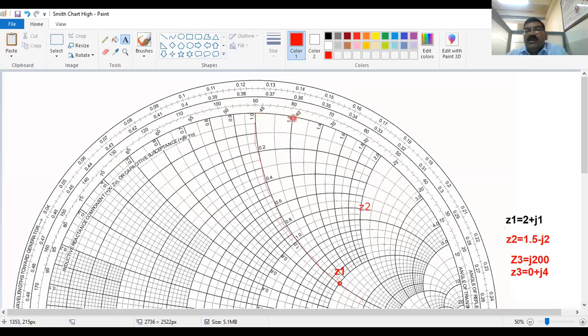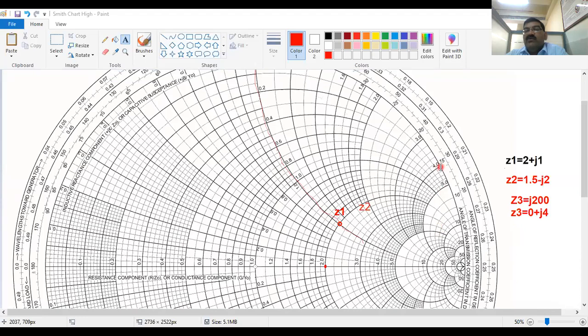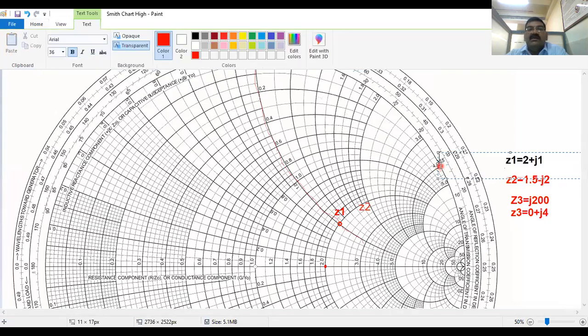I am talking about the imaginary part. And this is 1.4, 1.6, 1.8, 2, 3, and this is 4. So I got this 4. So this is what the 4 is here. So I got, this entire outermost circle is of 0. So I got 4 here. So I will mark here, and this point will be my 4.